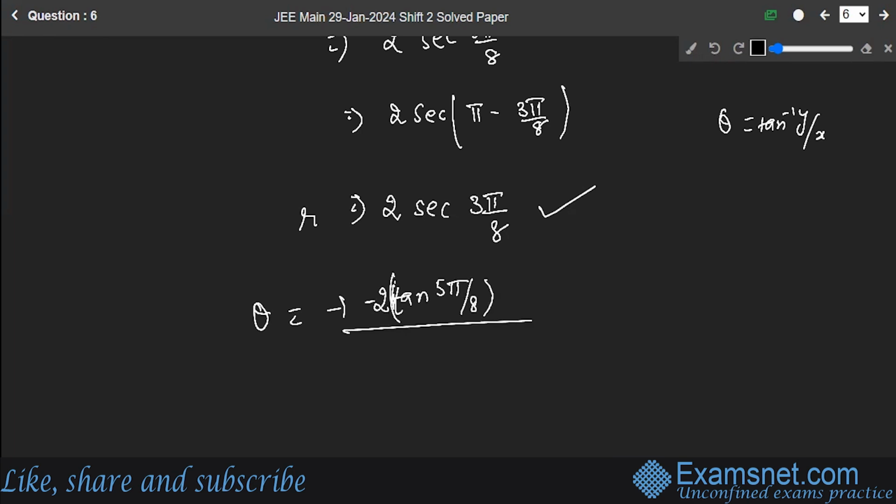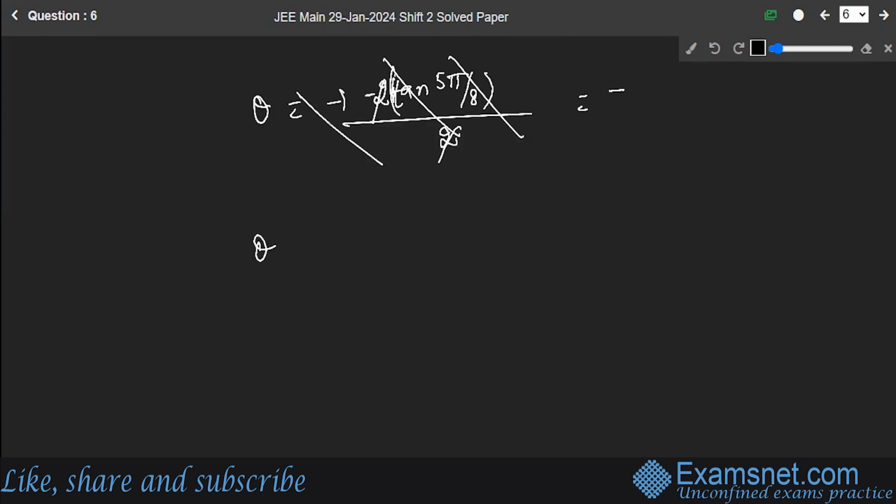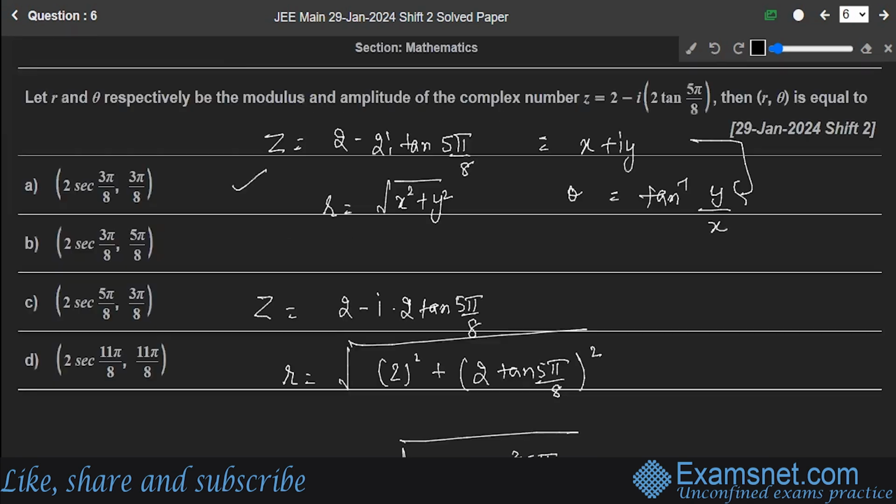This was of minus divided by x, which was 2. So this 2 and 2 will cancel. See, I forgot. I will rewrite this thing. Theta was equal to tangent inverse y upon x. So this is equal to tangent inverse y is equal to minus 2 tangent of 5 pi by 8 divided by